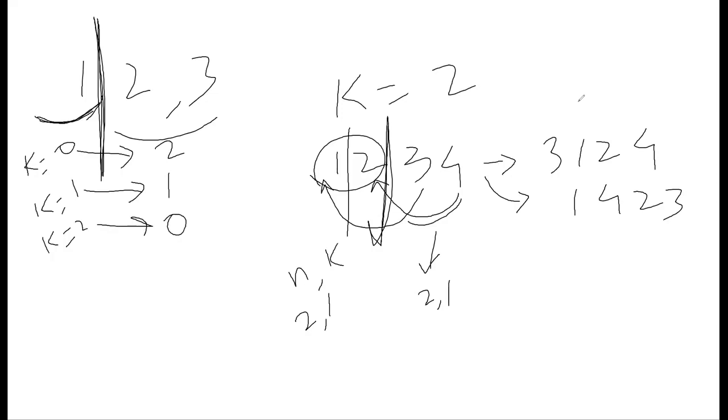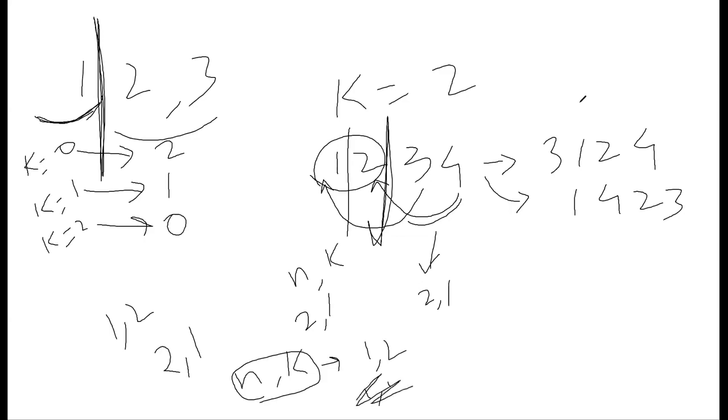For n equal to 2 and k equal to 1, there's only one way you can create an inverse, which is 2, 1. It doesn't matter which numbers are there. If you have n numbers and k, you'll always have the same count, whether it's 1, 2, 1, 4, or anything of the sort. So from this, what I got was something like 2, 1, comma 4, 3. This is where I got stuck in my approach.